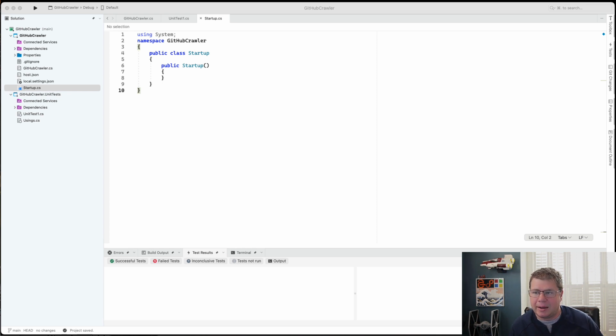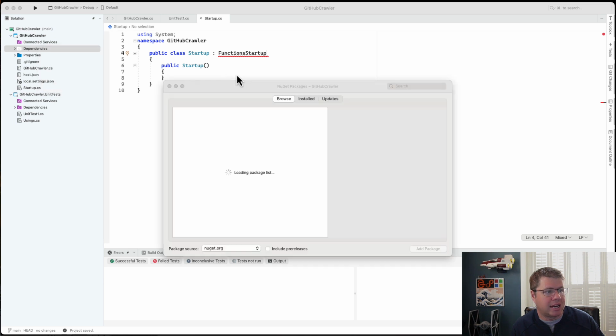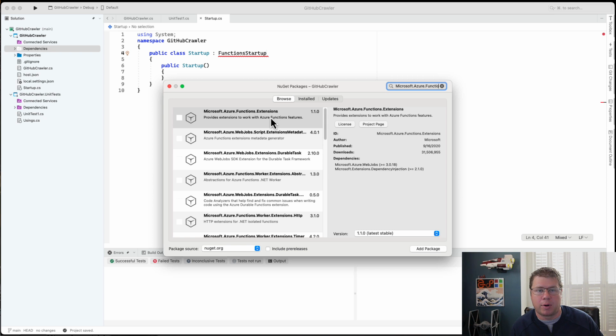The first thing, this class is actually going to inherit from a class called FunctionStartup, which I do not have the NuGet package installed yet in my solution in order to get that to work. So right off the bat, the first thing I have to do is go to my NuGet and add a couple of important NuGet packages. So first, you need to use